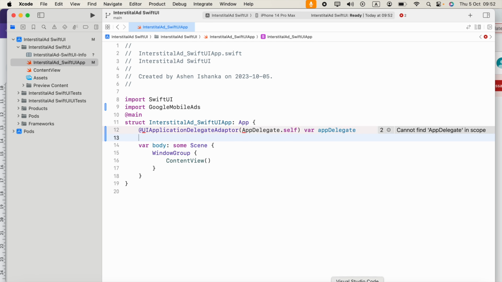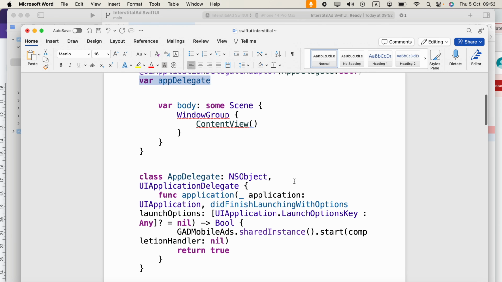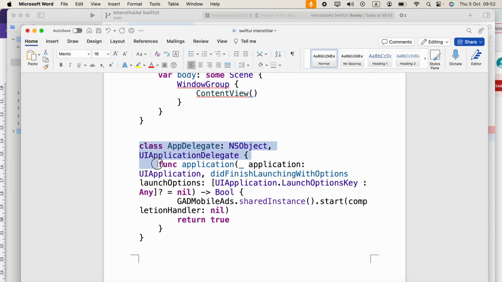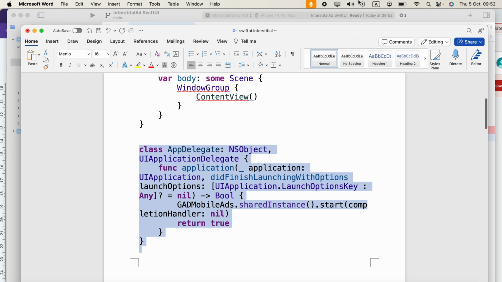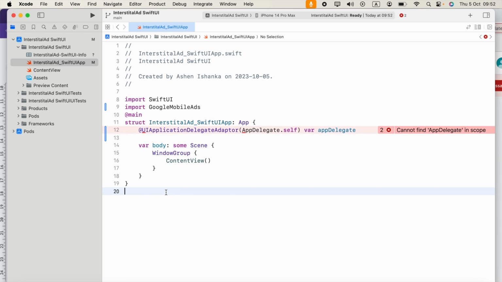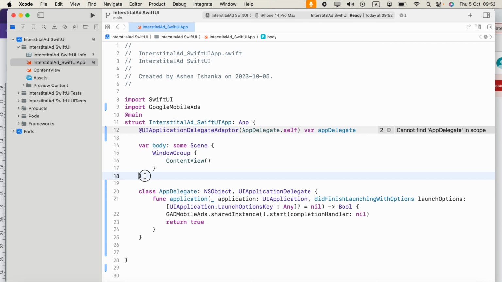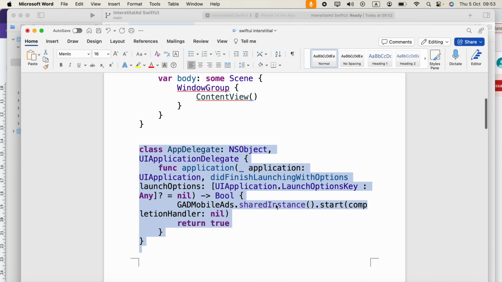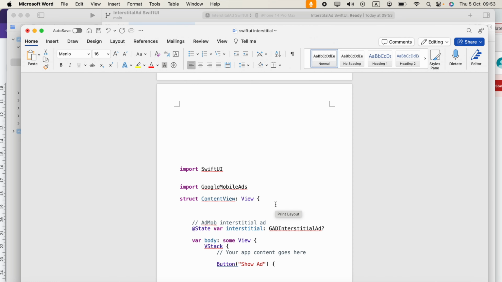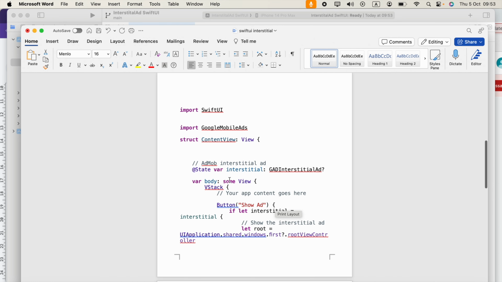That's fine. And next step, you will see this class called app delegate. Copy that class and paste that here after this curly brace. That's fine. And in the Word file, you will see this new code for content view